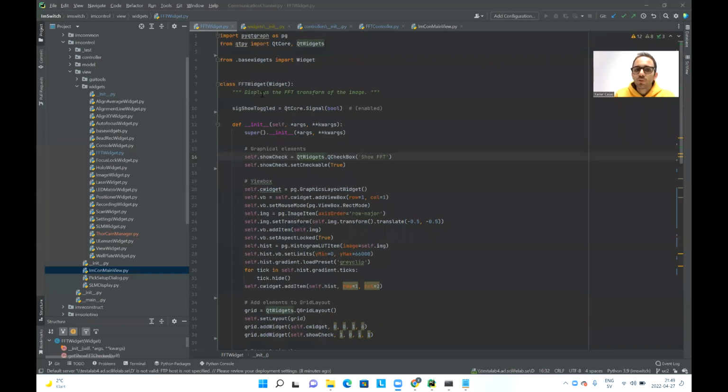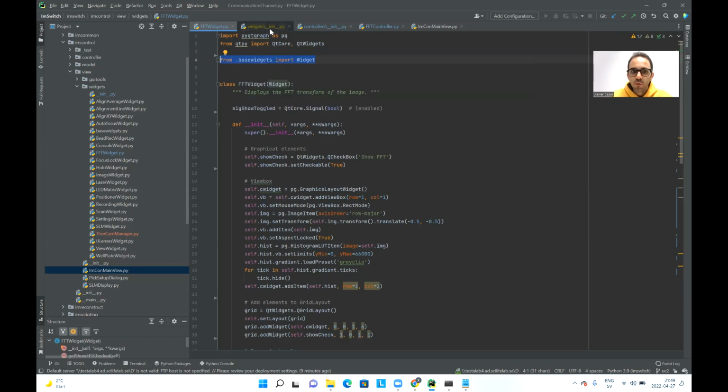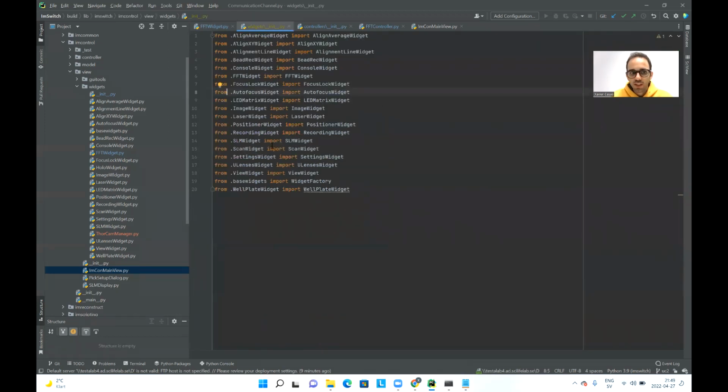So now we want to create a widget and a controller that are going to perform the Fourier transform of our images. And the steps that we have to do is, first of all, create an FFT widget that has to be a subclass of this widget that we can import with this line from our base widgets. Then we also need to include it in the init file inside the folders of widget. So here we have